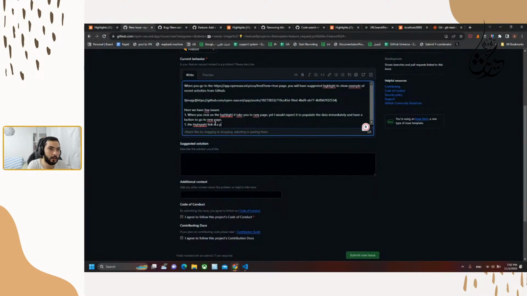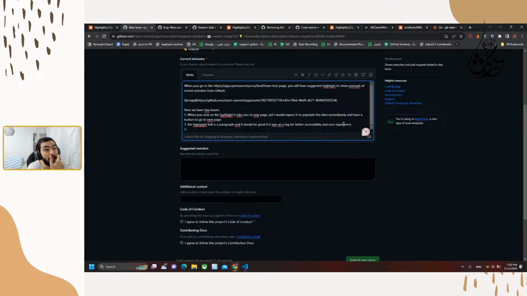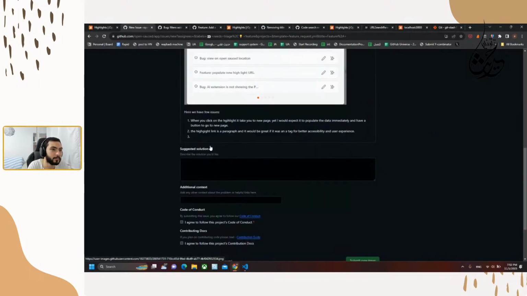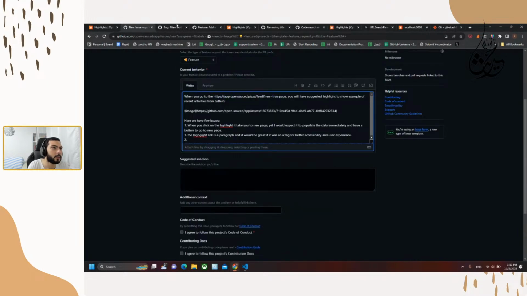link is a paragraph, and it would be better as an a tag, for better accessibility and user experience. Do I have anything else there? Wait. So here, yeah,